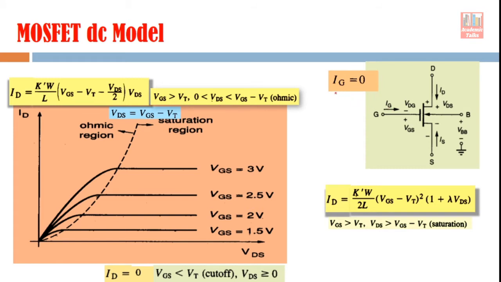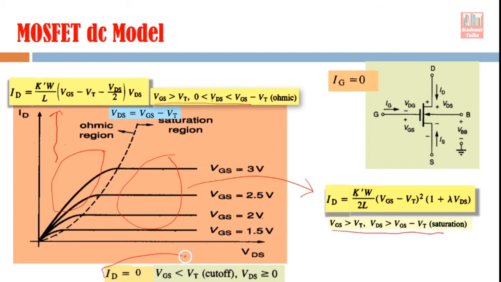This is your MOSFET device, and the characteristics of the MOSFET are shown here. This particular ohmic region is represented by this equation, which is here on the top, and the conditions for this equation in the ohmic region are mentioned here. This particular region is the saturation region, and the equation for the saturation region is mentioned here, along with the conditions which this saturation region should satisfy. And the third region is the cutoff region, and the equation for the cutoff region is given here. ID is 0, and the condition for the same is mentioned here.